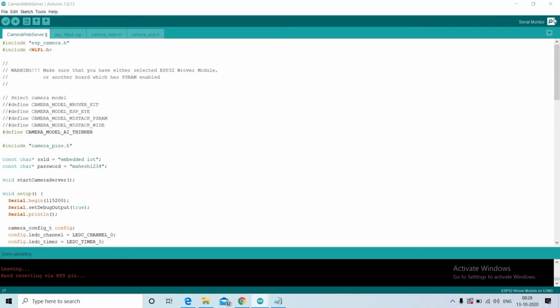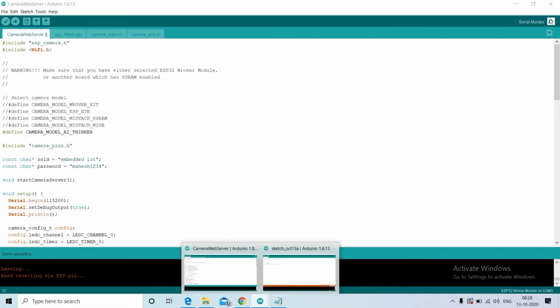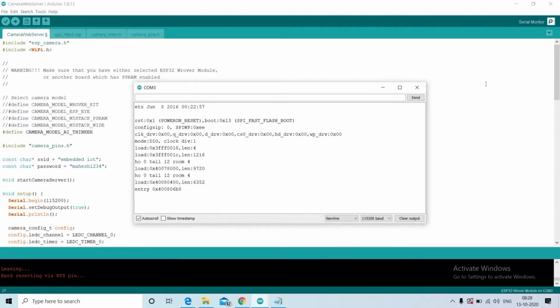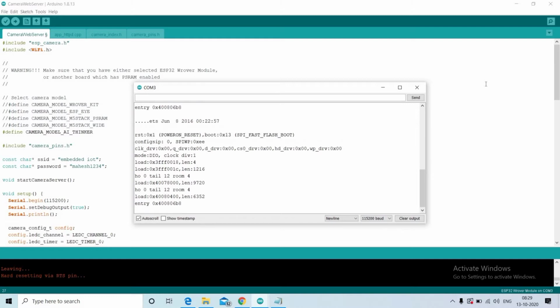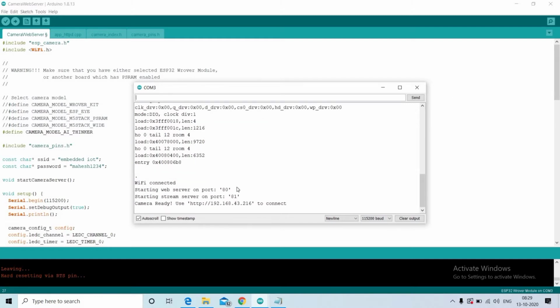Then open the serial monitor. Press the reset button on the ESP32 cam board. Within a few seconds, the Wi-Fi will be connected. Here we got the IP address.